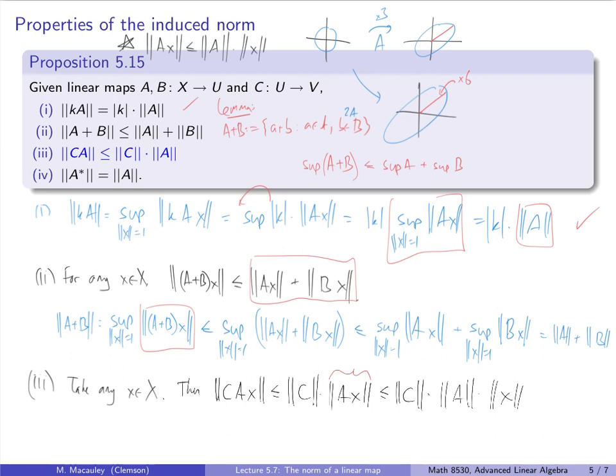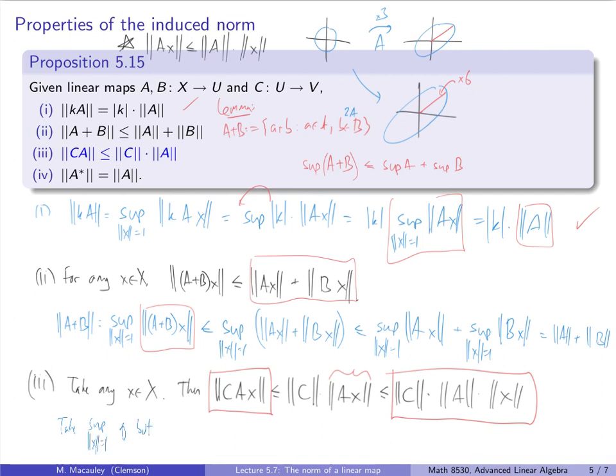So now we want to compare. We don't really care about this middle term; we care about the left-hand side and the right-hand side. And this holds for all vectors x. So let's take the supremum of both sides. Let me write that down. So take the supremum over all unit vectors